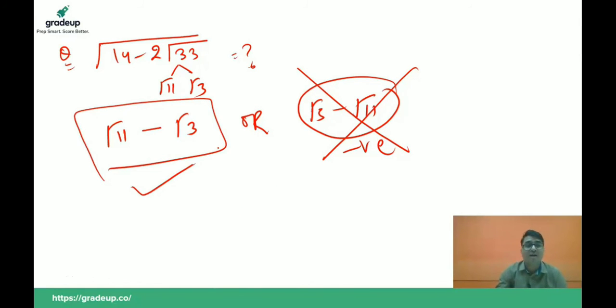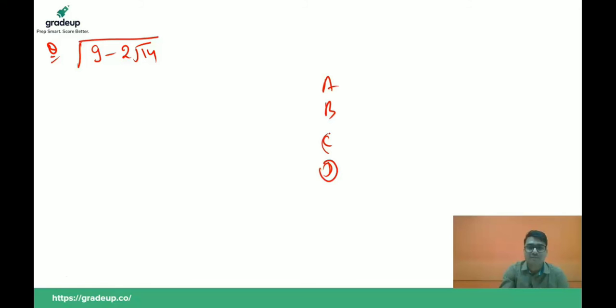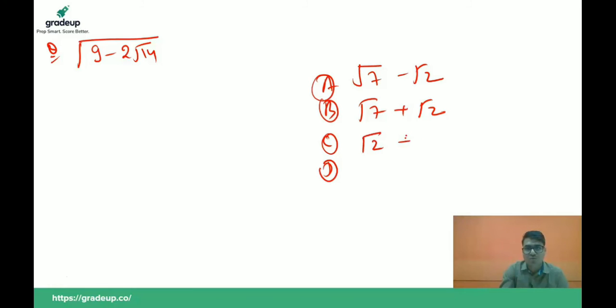I hope you got the point. But, guys, this is the process. But, you can do these type of questions through options in a better way. I will explain you, don't worry. I am giving you a question that is root 9 minus 2 root 14. 9 minus 2 root 14. If I am having options, let's say root 7 minus root 2, root 7 plus root 2, root 2 minus root 7, root 14 plus